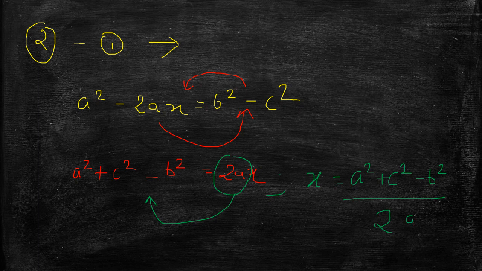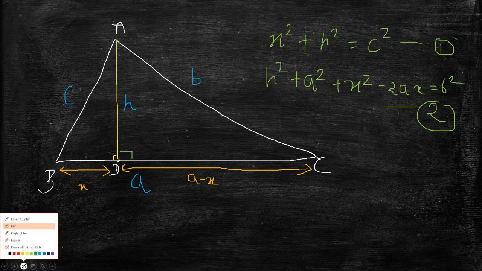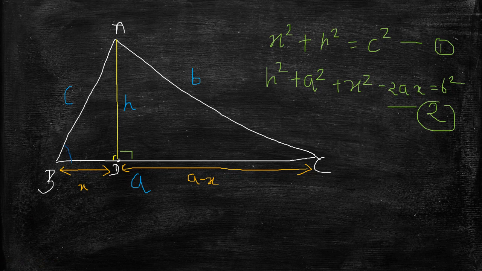Now what is my x here? Suppose in this triangle, what is my cos of angle B? This is my angle B. If I want to find this cos of angle B, what is cos? Cos is base upon hypotenuse. So the base here is x, the hypotenuse is c, so x by c. So from here I can deduce the value of x by transferring this c, multiplying it with cos of B, to get that x is equal to c cos B.